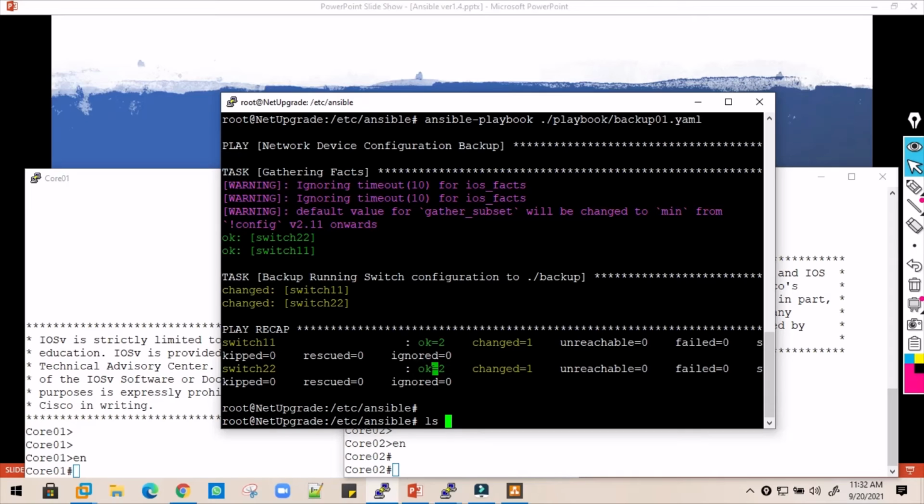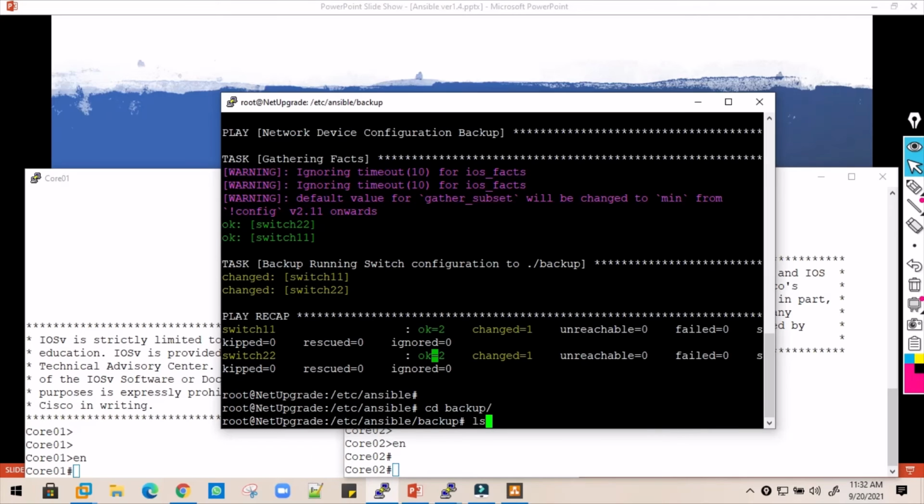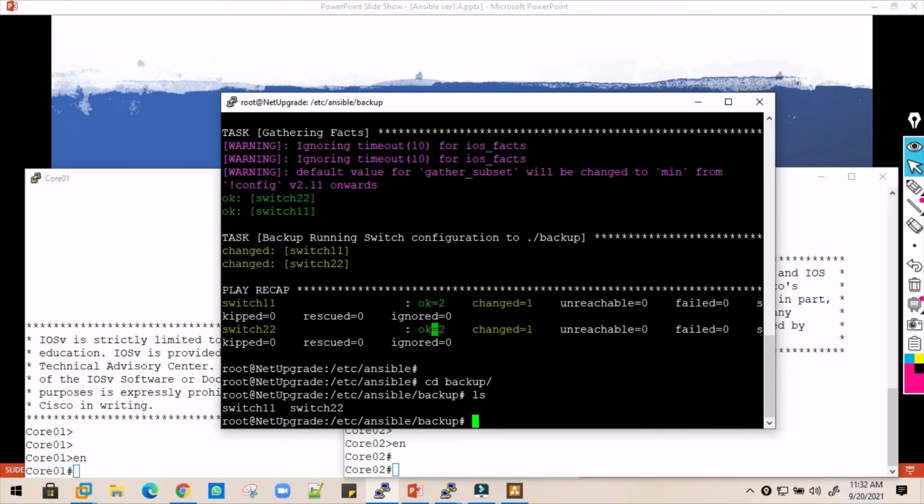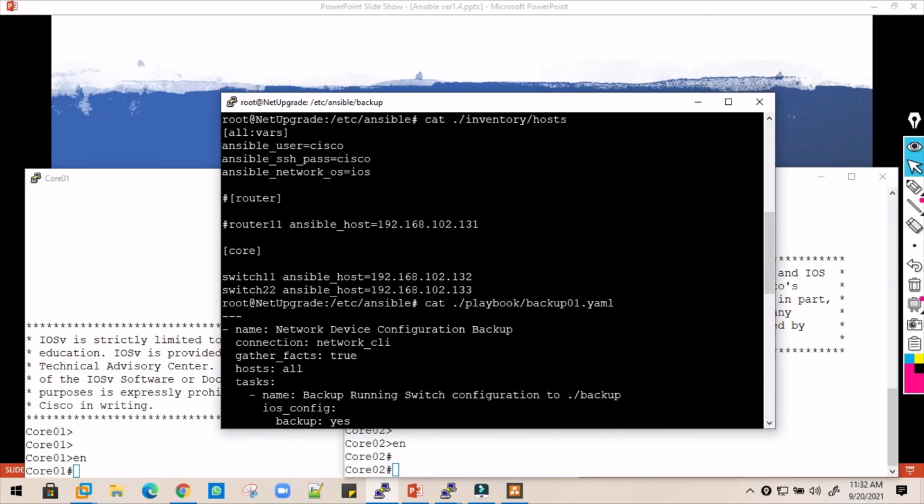Now let's verify whether we have the backup or not. Go to the backup directory and run the command ls. We can see we have the two files, switch 11 and switch 22, which is exactly the same as what we configured in our inventory file as well.